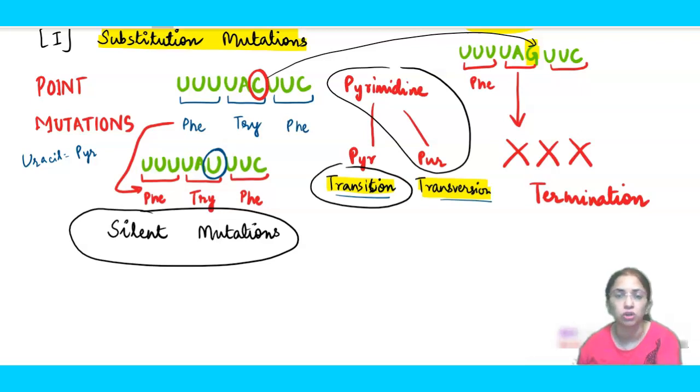That means premature termination of the polypeptide has happened. Okay, so such types of mutations, where a change in a single base will terminate the polypeptide synthesis, are known as nonsense mutations. So we have seen transition and transversion. Other than that, we have also seen what their impact would be. So we have seen that nonsense mutations can also happen if premature termination is going to be there.